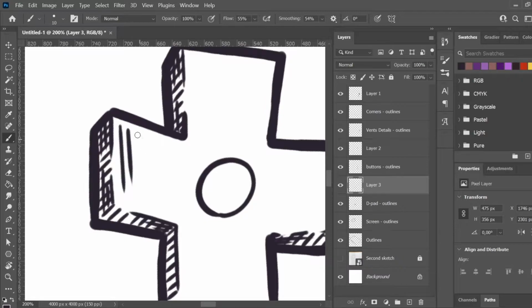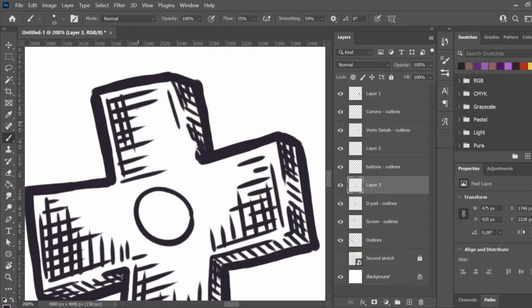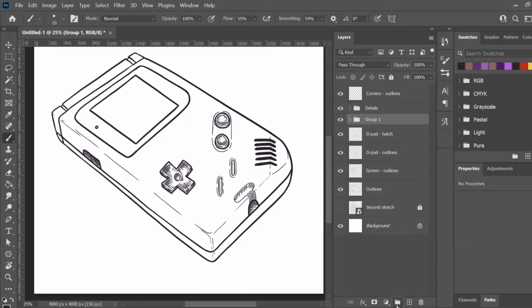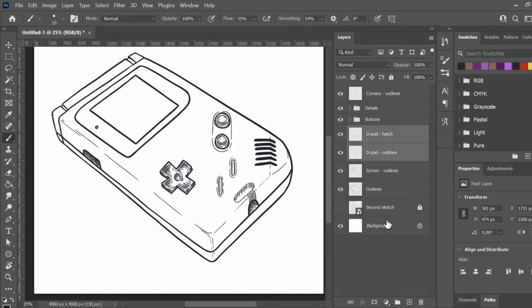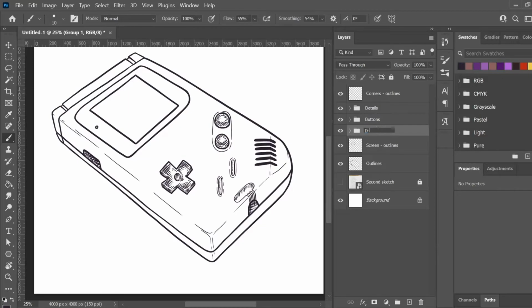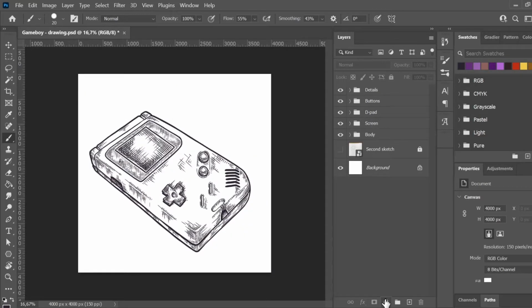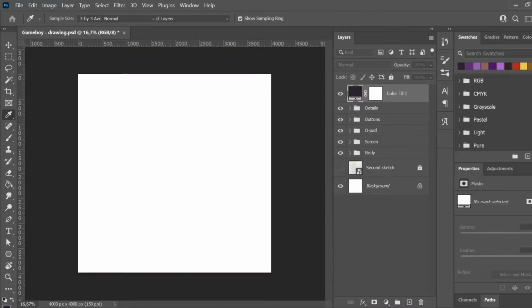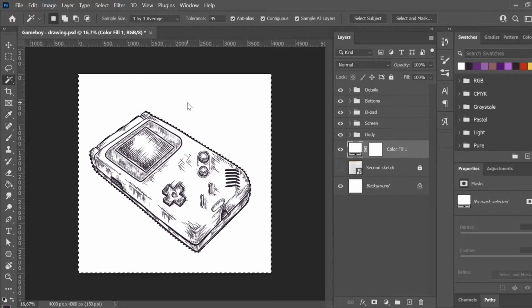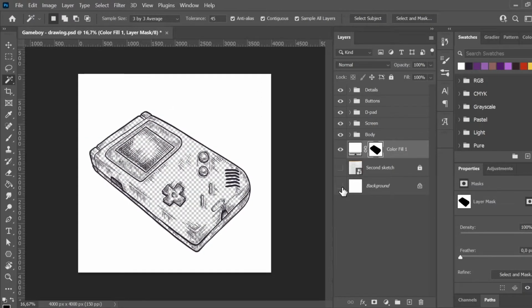This gig includes all source files, so as I'm going along I make sure to name all my layers and sort them for easy overviews. To make my own life easier regarding possible corrections, I also make sure to put all the different elements into their own folders. Outlines gets a layer, hatching gets a layer, and defining lines all gets a layer, sorted into their respective folders. When all this is done, I create a solid background layer and then mask out the background so just the lines and the fill is left. Thus, the illustration is ready for